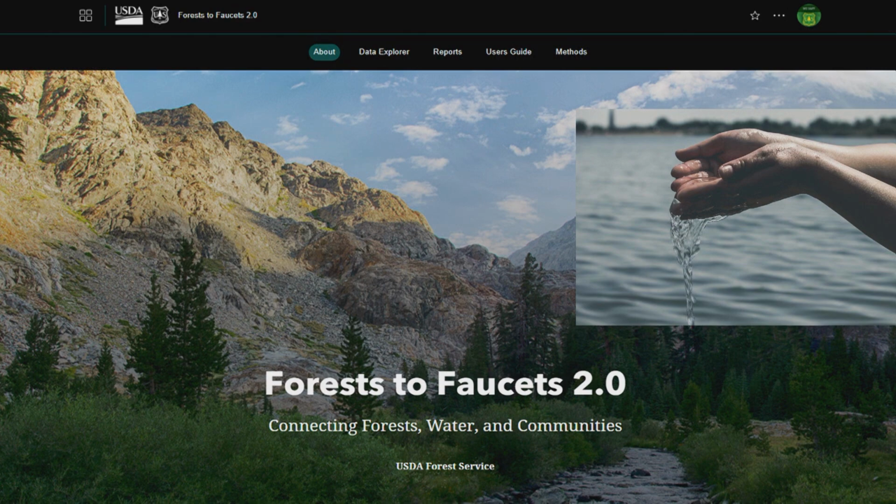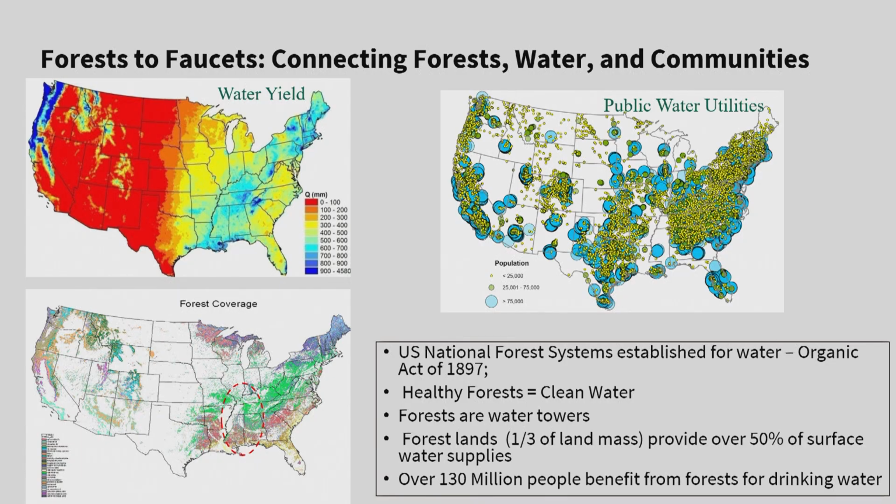If you think about it, 30% is forest land, but they provide 50% of the surface water. That's probably easy to understand because forests are on high elevation. They are located on high ground. They have more precipitation. So they are important for surface water. So that's the project. We want to map out which watersheds provide the water so we can do proper management for those watersheds. So let me go very quickly through this project.